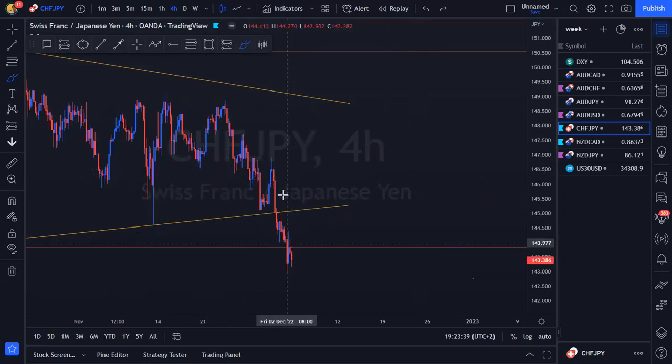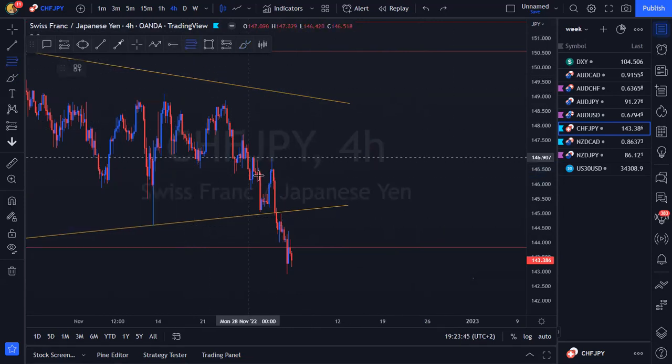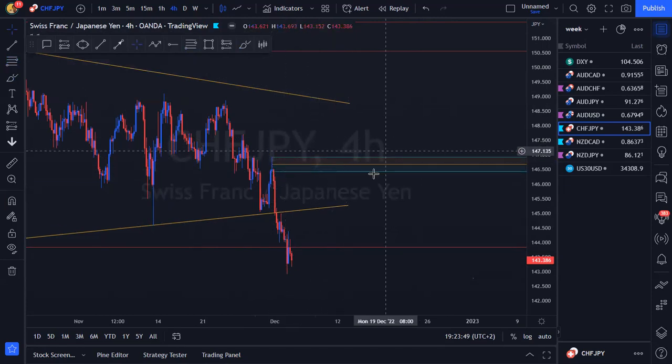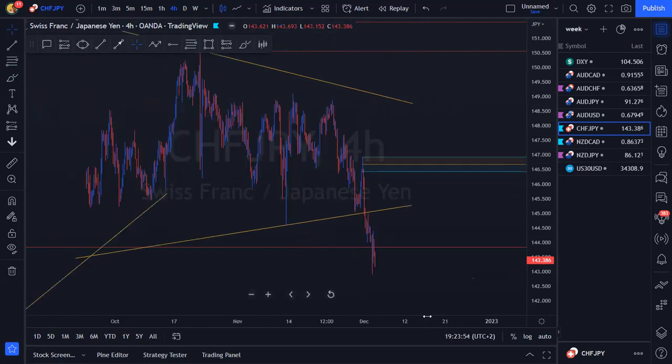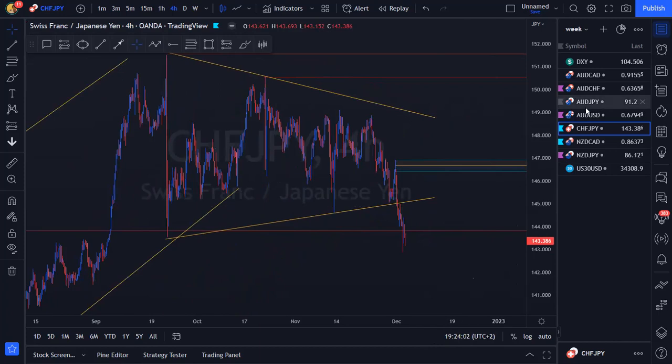So now I'm going to try and look for that downside continuation. All I see here is a nice, beautiful momentum shift from this area here. So that's what I'm going to use as a POI on a 4-hour. If price action has the will to come back up to here and give me the sell, then that's where I'm going to try and look to take the sell. If ever I'm going to sell something, I want to sell it at the most expensive price. If ever I'm going to buy something, I want to buy it at the cheapest price because I want to make profit.